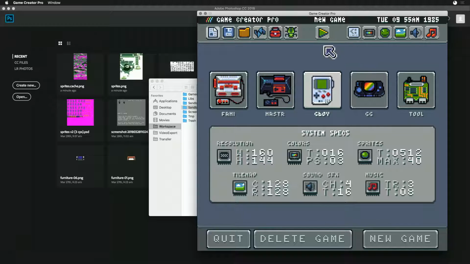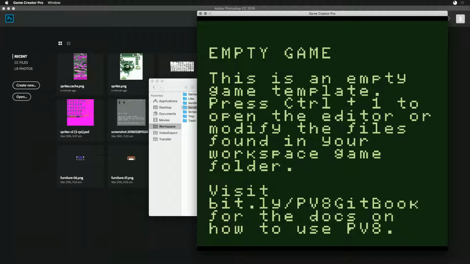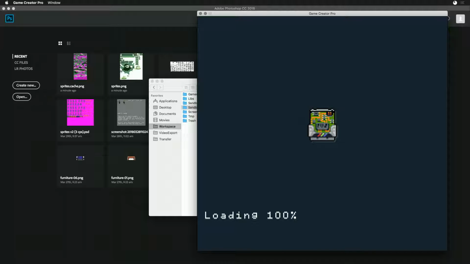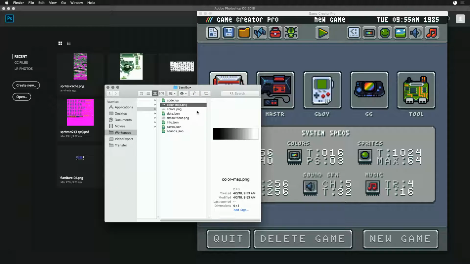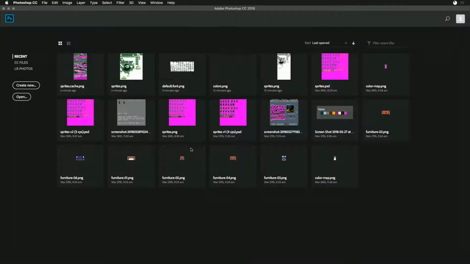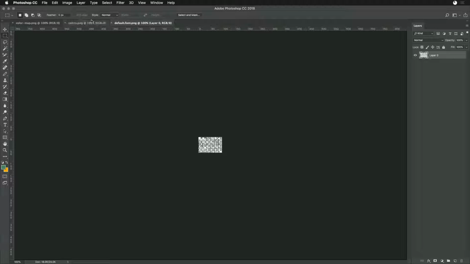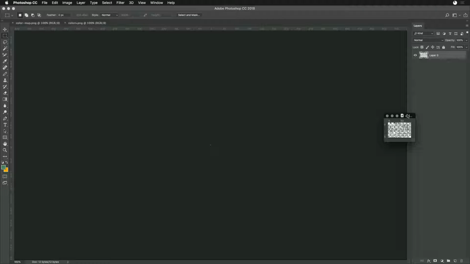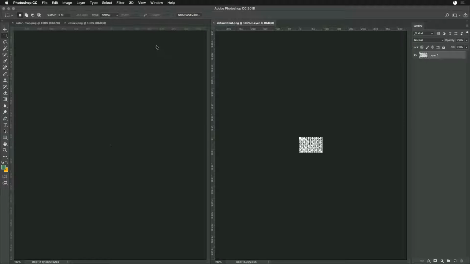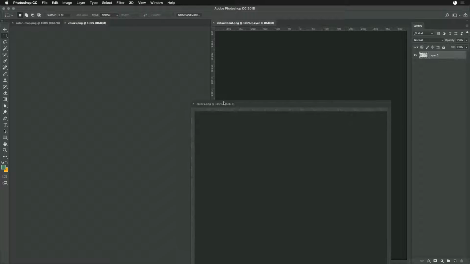So that being said, I went ahead and created a new empty Game Boy template. And what I wanted to show off was a feature of Pixel Vision 8 called color mapping. So let's open up these 3 files, and I'm going to show you how color mapping works. So this was our default font, and then we have our colors